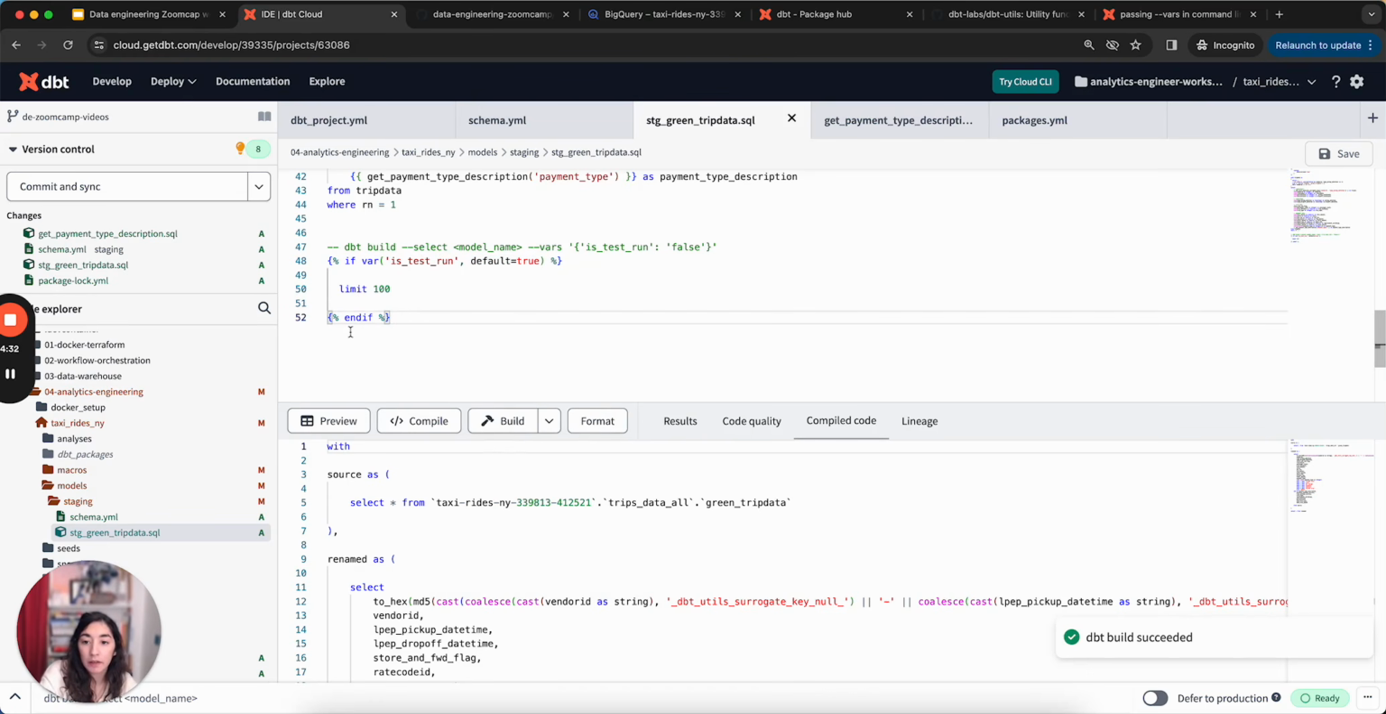Exits the if because there's no else. And let's look at this now specifically. So it's calling the variable isTestRun, and it's adding a default value equal true. This means if I have a value for isTestRun, it's going to use that value. That could be true or false because it's a Boolean. But if there's no value for isTestRun, use true by default, meaning by default, always add a limit 100 to